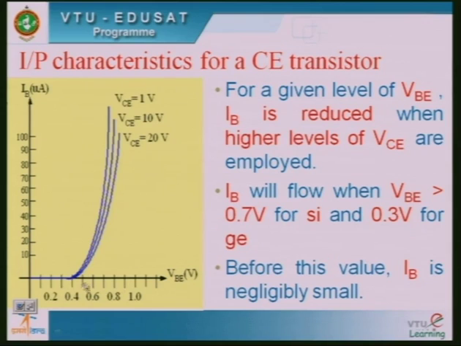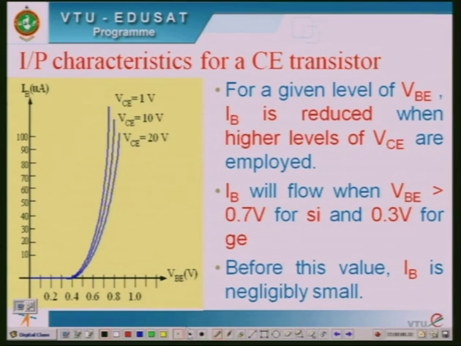Therefore, until the VBE reaches a certain value, the current will be 0. Once it exceeds that value, a large current starts flowing through the device. Another point is that for a given value of VBE, if you note on this,